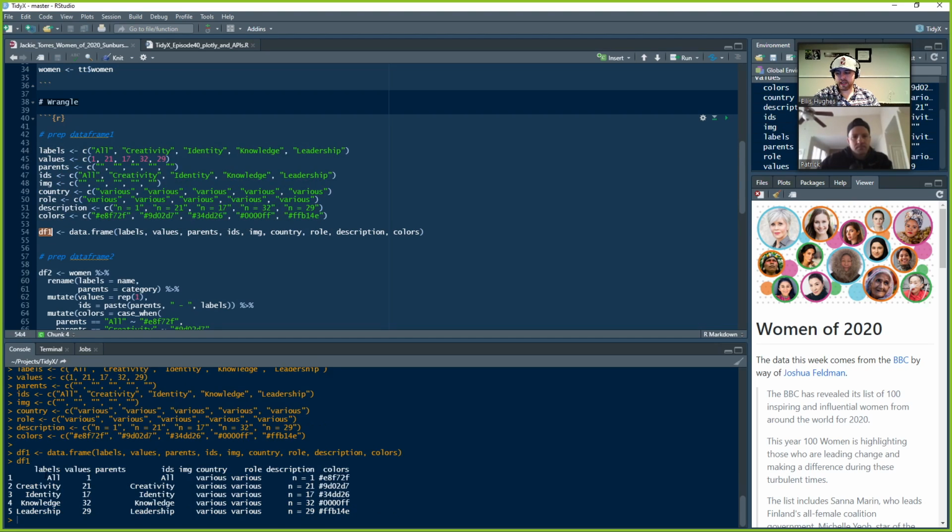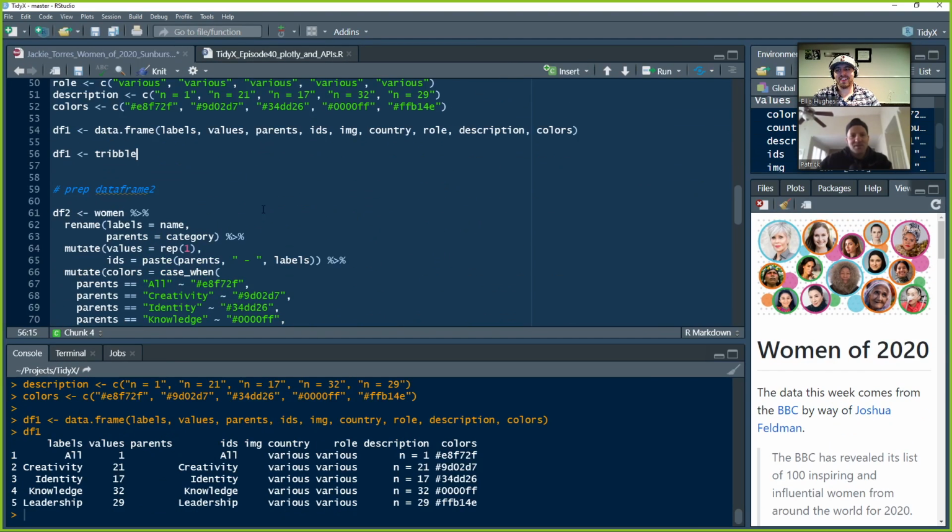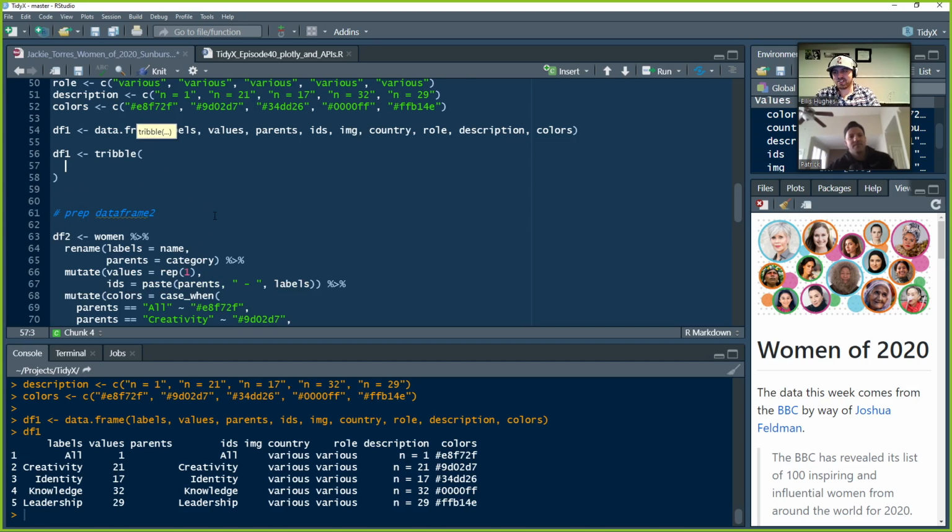So now we have a data frame that has labels, and it's just using the name of the vector you put in there. One thing that I might suggest, because you kind of have to know how you're building this out, is using a tribble out of the tibble package. So you can still do your df1 here, but then you use tribble, and what you can do is type in labels,